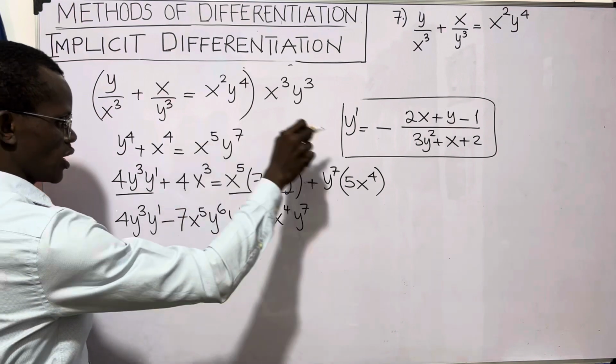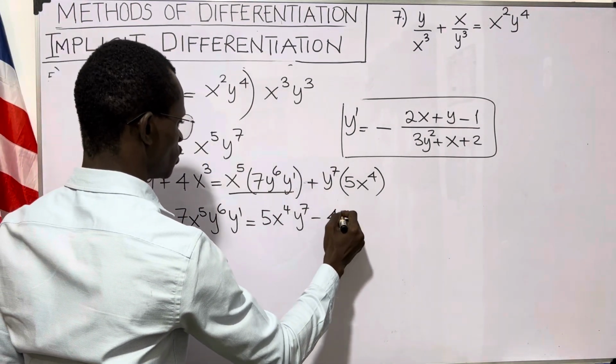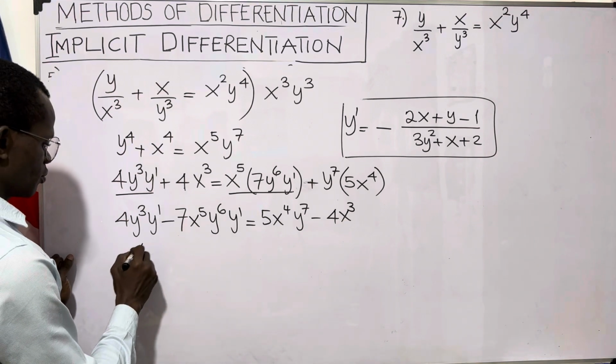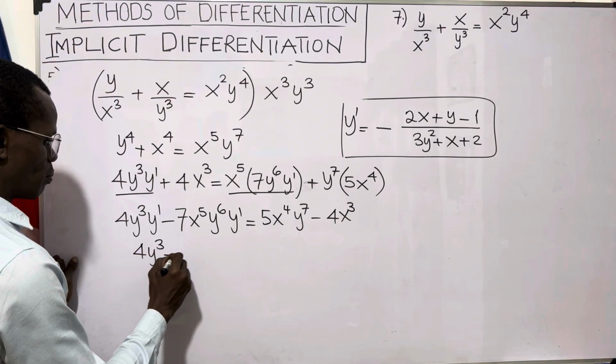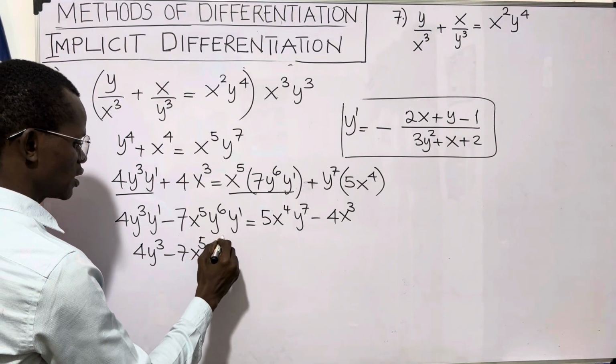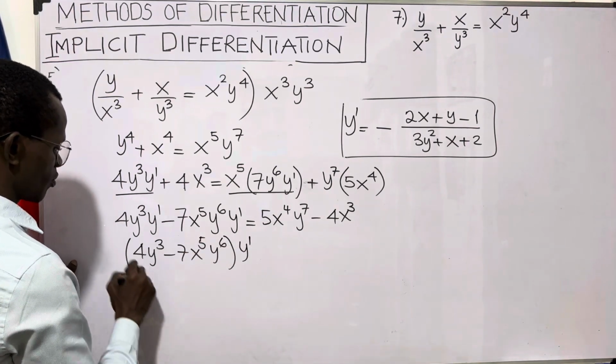So we send this 4x cubed across, it becomes minus 4x cubed. So we can factor out this y prime. We're left with 4y cubed minus 7x to the 5th y to the 6th, and then y prime is outside,